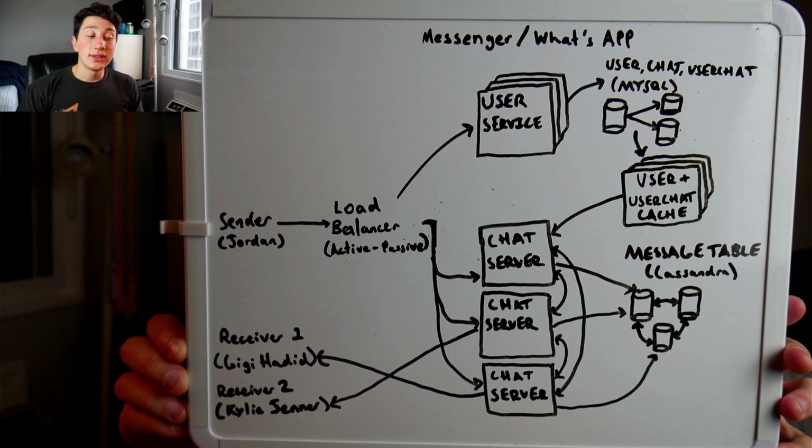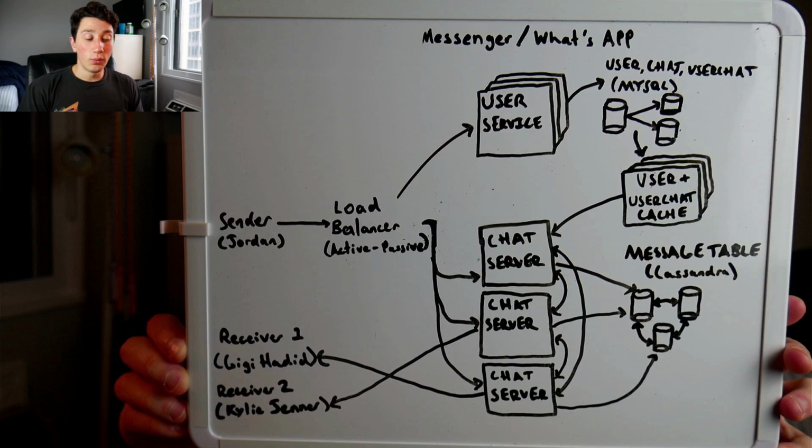Hopefully that data is going to be in the user chat cache, which is just going to be a replicated partition cache based on chat ID, but if it's not, we can go ahead and hit the table itself. Once the chat server has this information, it can use the load balancer to forward all of these messages to the various receivers, right after it first puts the message in our message table, which is just going to be some sort of Cassandra instance. As you can see, it is leaderless, and also going to be partitioned by the chat ID with a sort key of the timestamp so that we can properly sort those messages on our client-facing front ends.